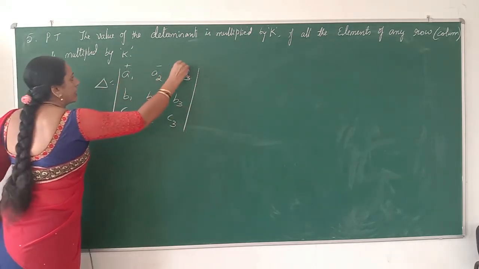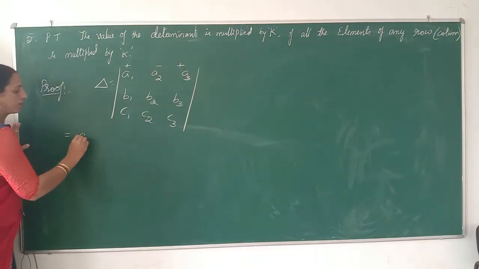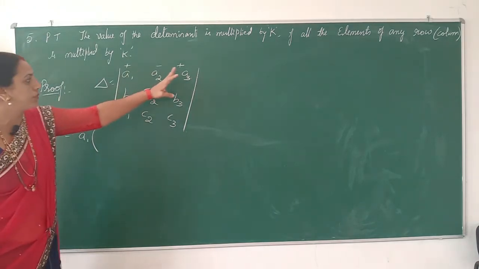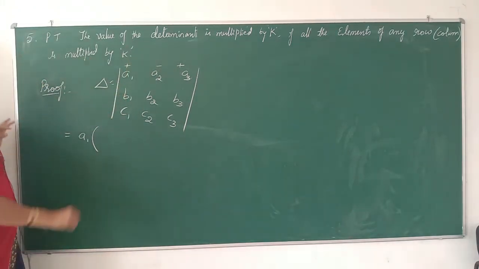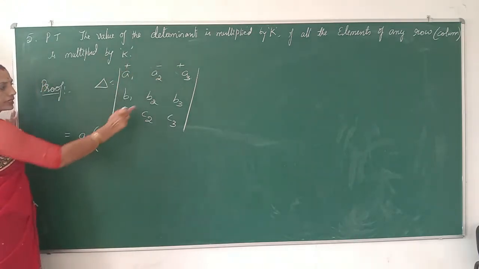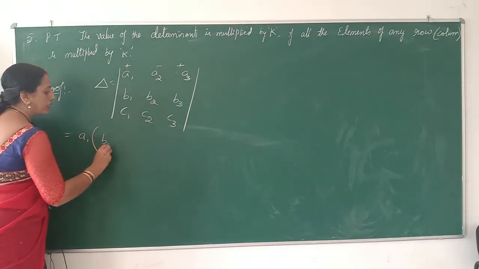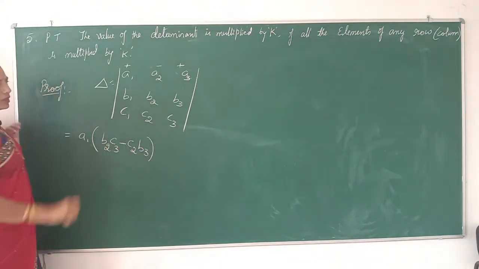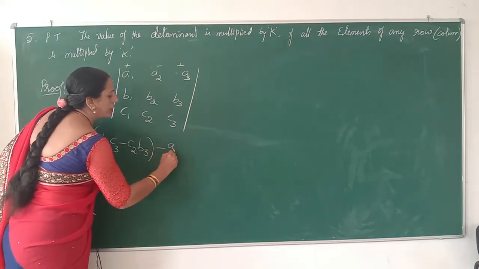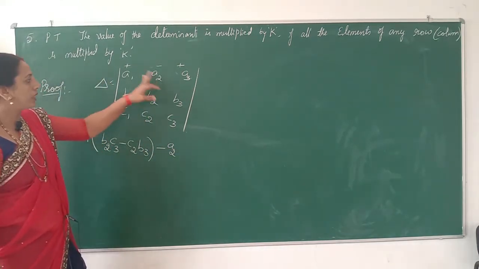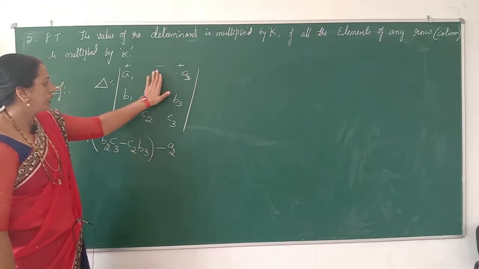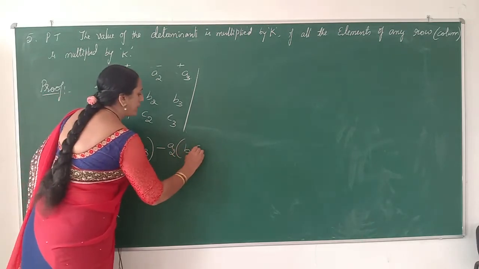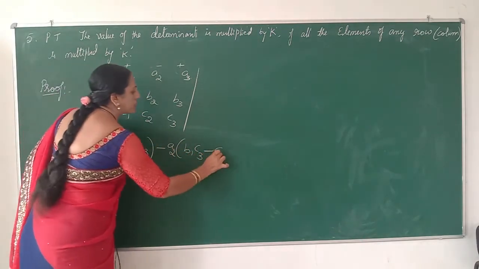So first, by using the expansion along any one of the rows or columns. In the first element A1, A1 is an element of the first row, first column. These elements get neglected, and the remaining are cross multiplied: B2 C3 minus C2 B3. Similarly, the next element is A2. Now A2 is an element of the first row, second column. These get neglected, the remaining are cross multiplied, that is B1 C3 minus C1 B3.